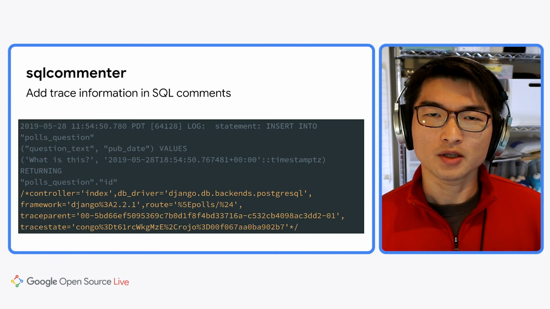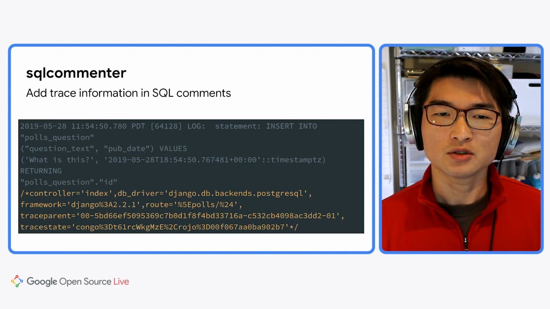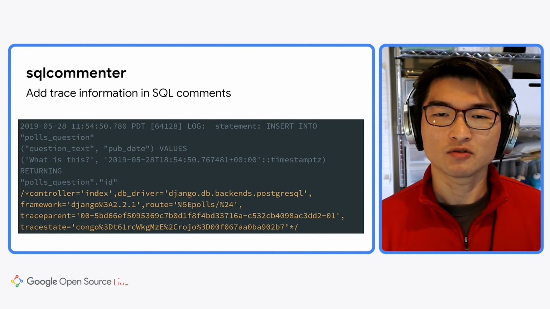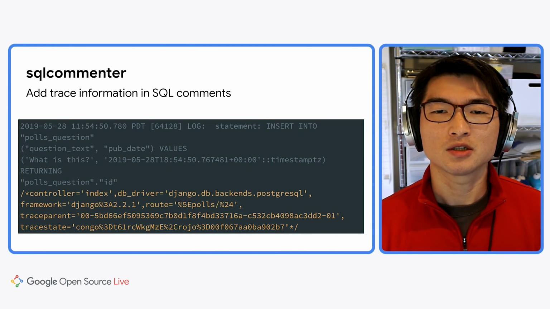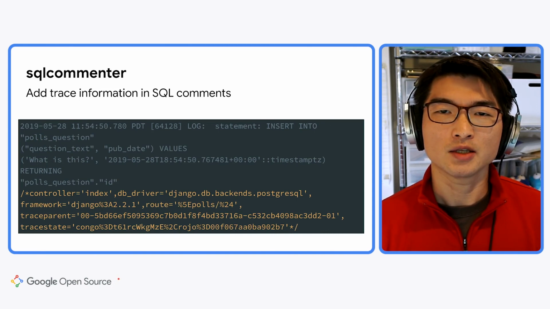What SQL Commenter does is straightforward but powerful. It intercepts the query via an ORM or database driver, and it injects trace context information into the SQL query as a comment. Great, so it's even better than automatic instrumentation.